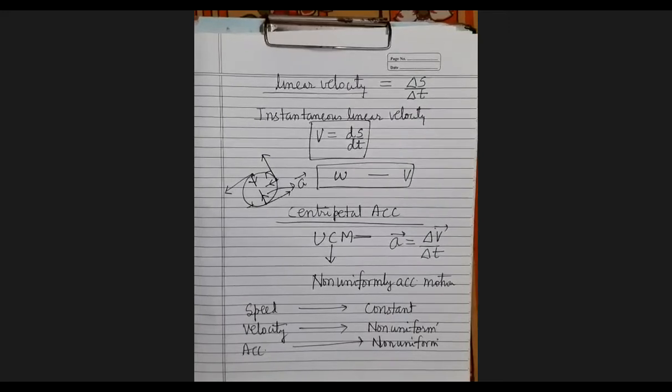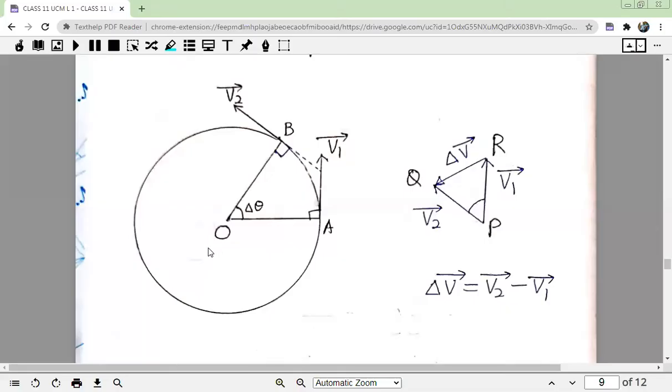Here I am going to show you. Here there is a particle which is describing uniform circular motion on a circular path of radius r. Let in time delta t it move from A to B. It is clear? Covering what distance on the circumference? That distance I have taken as AB.